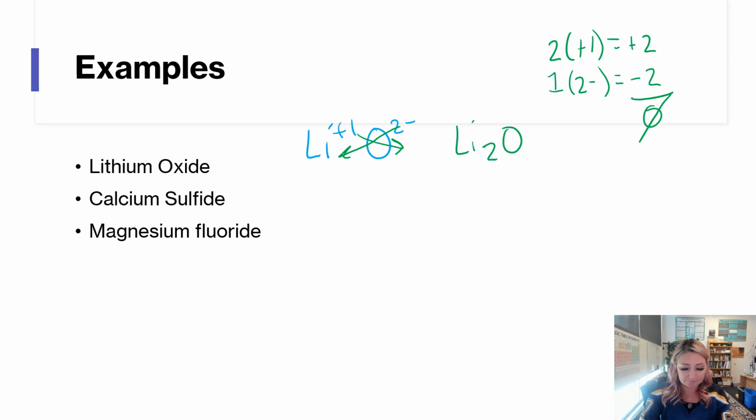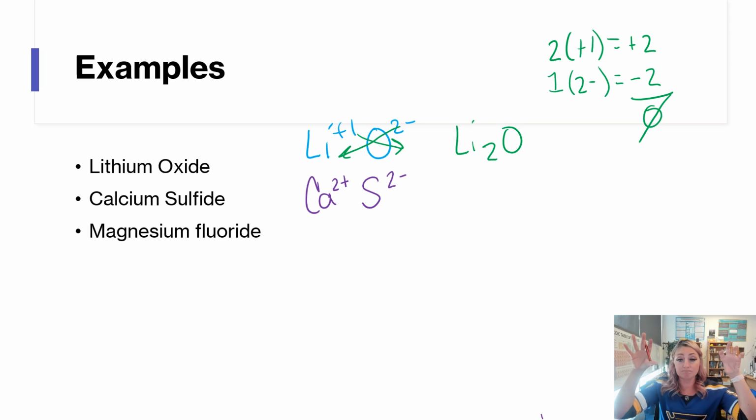Let's move on. Calcium sulfide. Looking at my periodic table, calcium is Ca. It is a group 2A representative metal, +2 charge. And sulfide is sulfur, also has a -2 charge. So again, now that we've written the symbol with the charge, we're going to drop and swap. Okay. So we wind up with